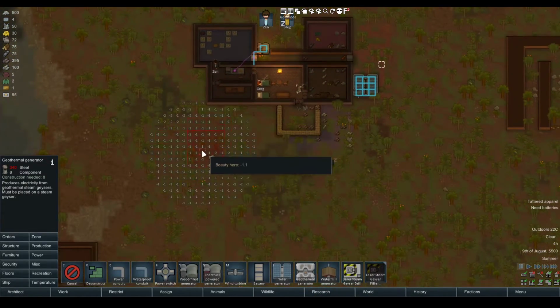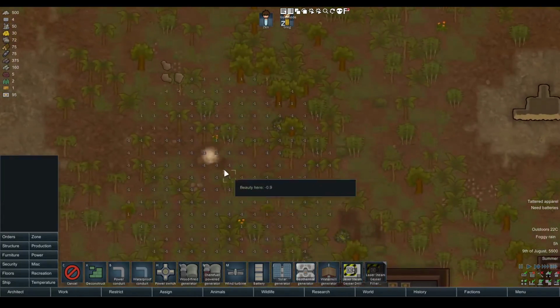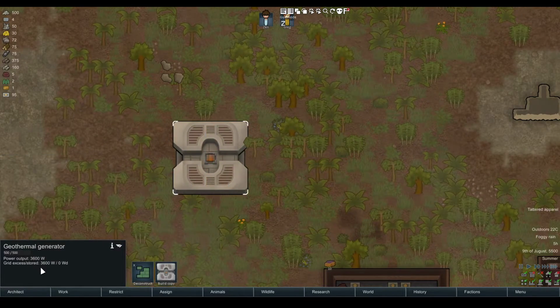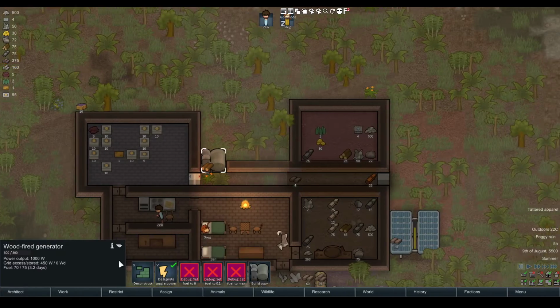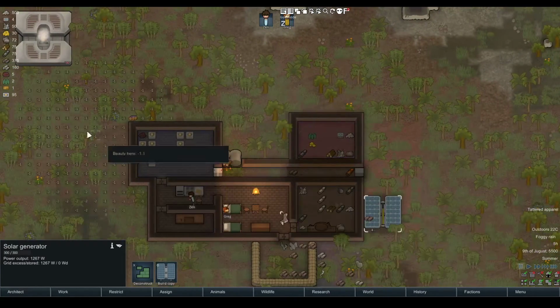Geothermals inconvenience دايرهم ما تقدرش تحطهم في اي بلاصه. تحطهم غير في هادو اللي فيهم كيديروا البخار كتحطهم في الفندق. They generate so much power. They generate 3600 watt compared to this one 450 and the solar which is only 1200. They can generate up to 1700 but